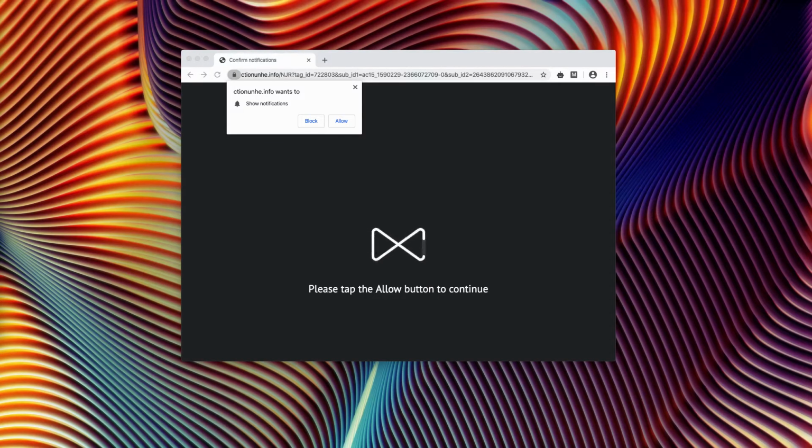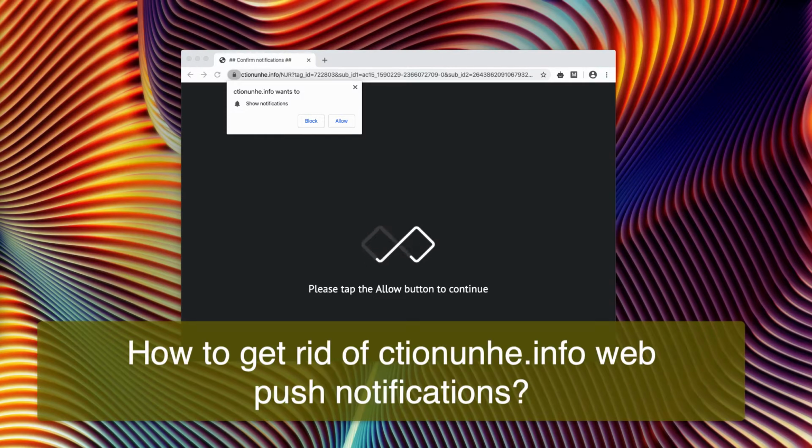This guide will help you to remove Ctionunhe.info push notifications from your browser. The peculiarity of these alerts is that they attack Google Chrome, Mozilla Firefox, and when they initially pop up, they tell some misleading information. For instance, they may tell about the need to click on the Allow button, supposedly to verify your age or to prove that you are a human, or to fix your missing internet connection,